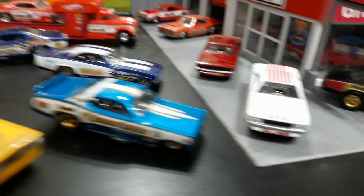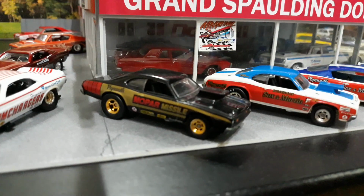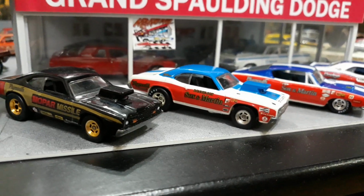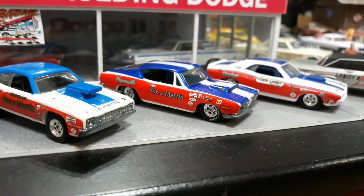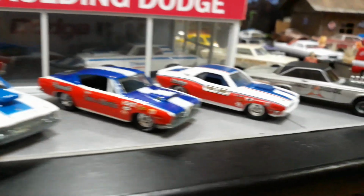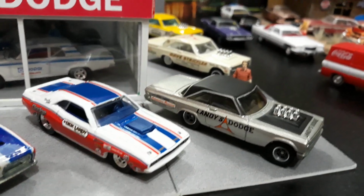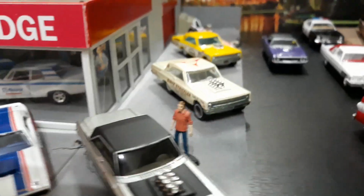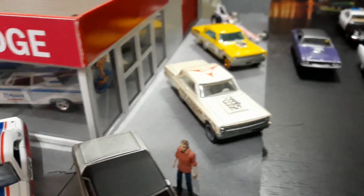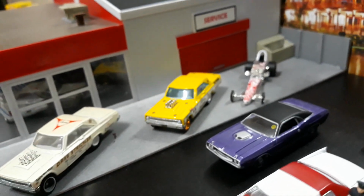Then, as we go to the front of the dealership, we have the all-popular Mopar Missile, along with the Sox and Martin, both Pro Stock Dusters. Then the Sox and Martin Hemi CUDA, Dick Landy's Pro Stock Challenger and AWB 65 Coronet. Then around on the side, you'll see Dave Strickler's AWB 65 Coronet, and then there's another AWB 65 Coronet, but